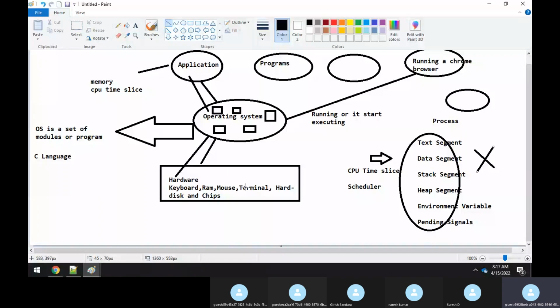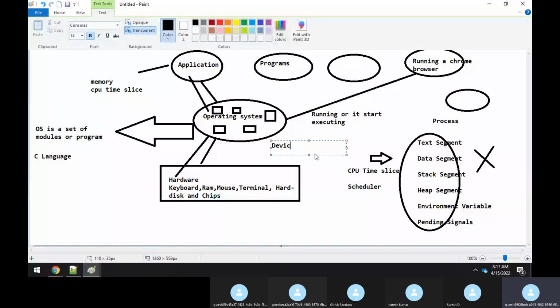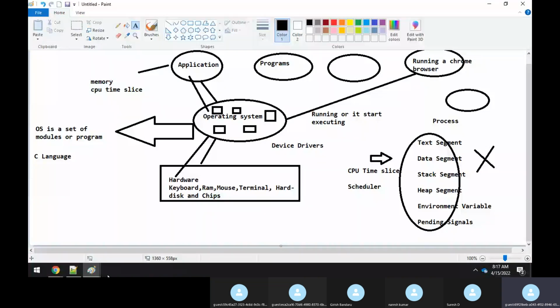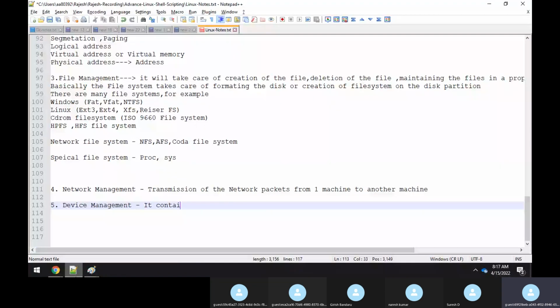With the help of the device driver model, it will communicate. So device management contains all the device drivers to communicate with all the hardware.